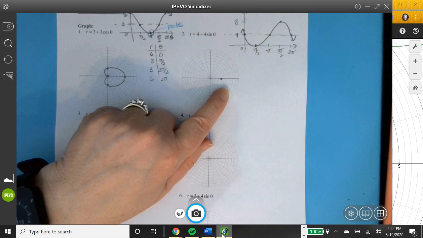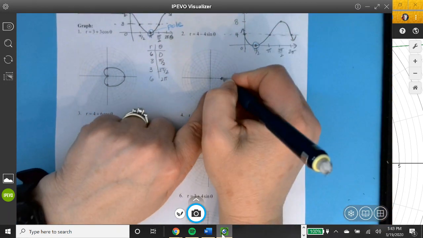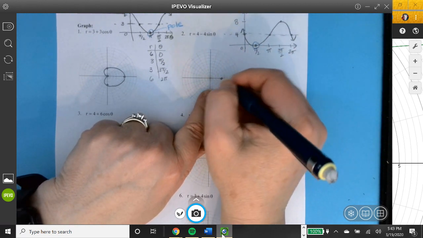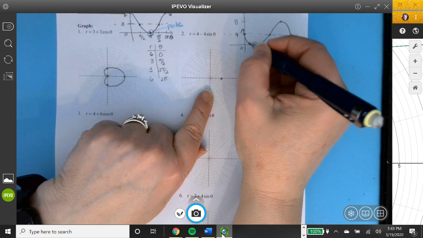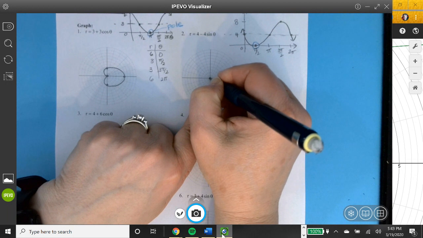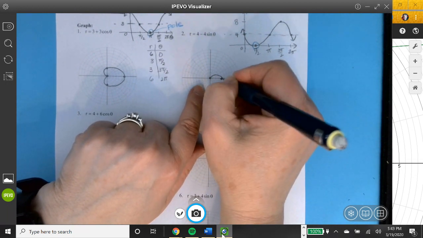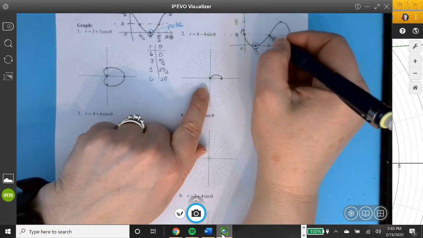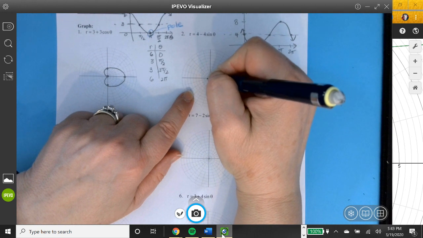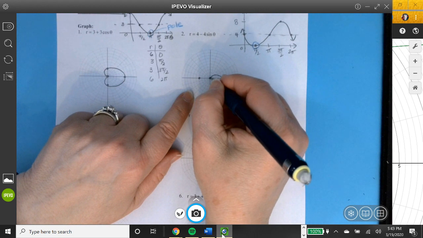Then what happens? Where do I go? I go to the pole. And r is getting smaller, isn't it? It sure is. And I know that this is the small part, because this is the big part of the curve. So I'm going to go to the pole. So it's going to go from here to here. And I know it's a cardioid, and I know it's going to bounce, but let's prove it to ourselves. The next r is 4, and I'm going to go out radially pi. So 4, and I go out radially 1, 2, 3, 4, pi. So there we go. So we bounce off the pole,